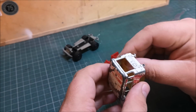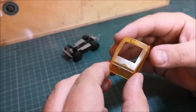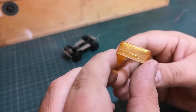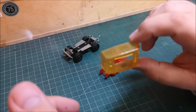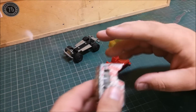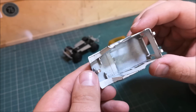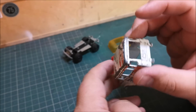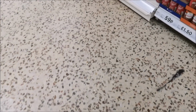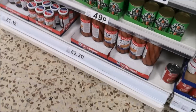And just removing the interior window section here, a little bit sticky, still wet, unsure what that is, but yeah, we'll clean that off. And there is just a little minor crack in that windscreen that didn't look too bad. I guess it's more obvious. But what we do need to get,